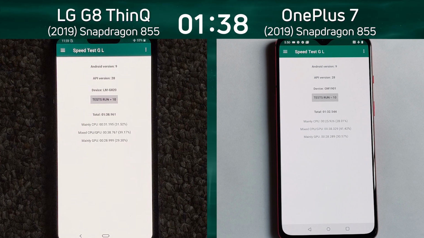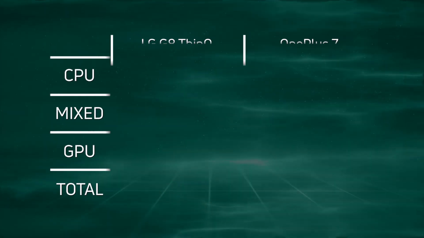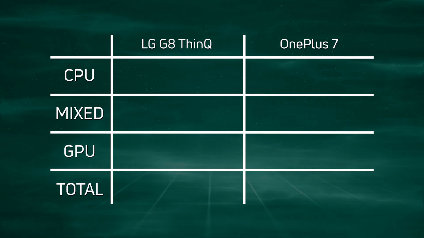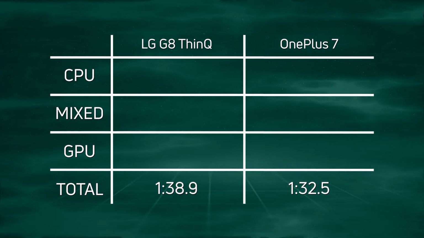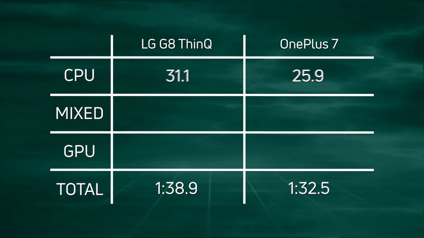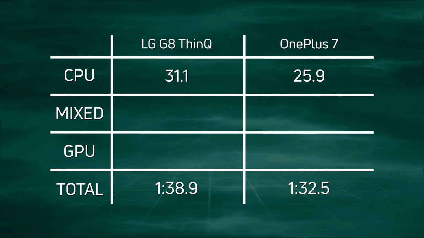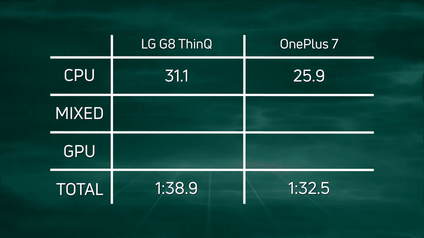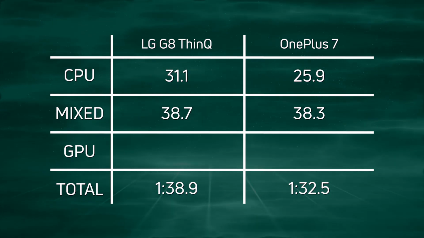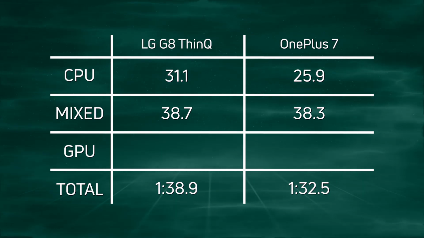Okay, let's break down those scores and see what happened. So clearly there, the OnePlus 7 won by quite a few seconds, 1 minute 32.5 compared to 1 minute 38.9. If we look at the CPU time, we can see a clear win by the OnePlus 7 there, 25.9 compared to 31.1. When we get to the mixed CPU, GPU, roughly the same, half a second or so between them, 38.7,